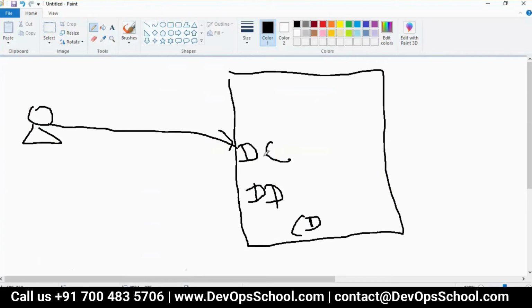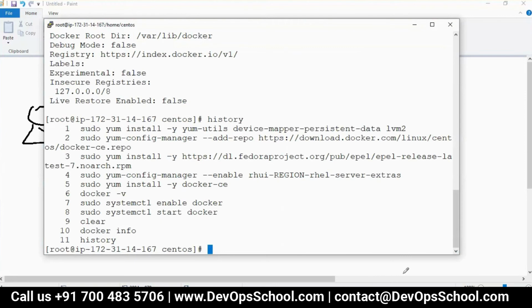Docker client sends it to Docker daemon. Docker daemon sends it to containerd. But before Docker daemon sends it to containerd, Docker daemon checks where? Local registry, LR. Okay. Where is the local registry?